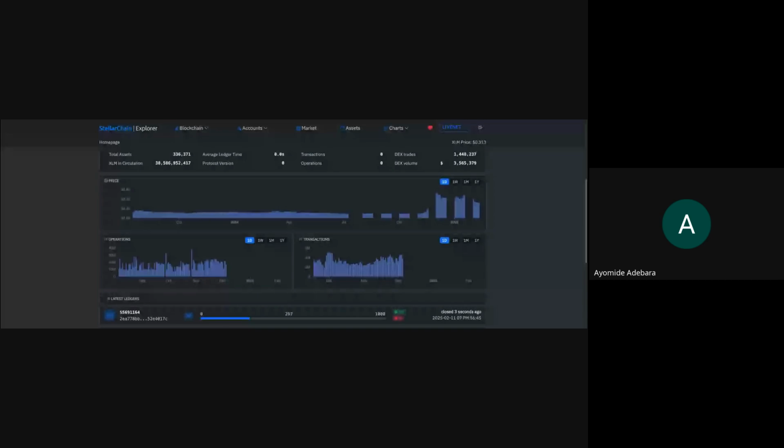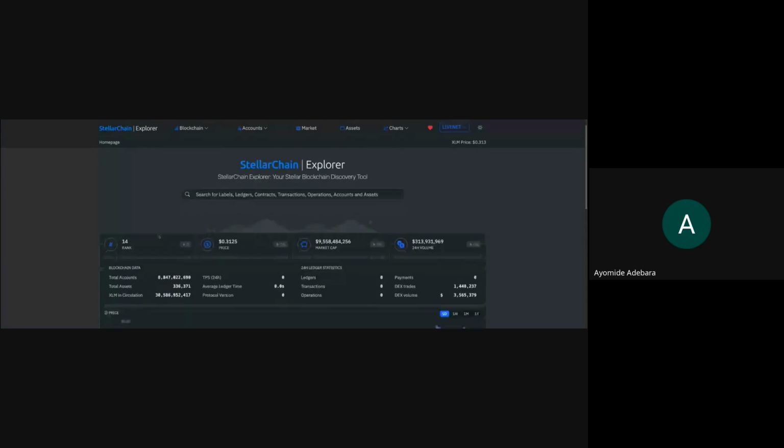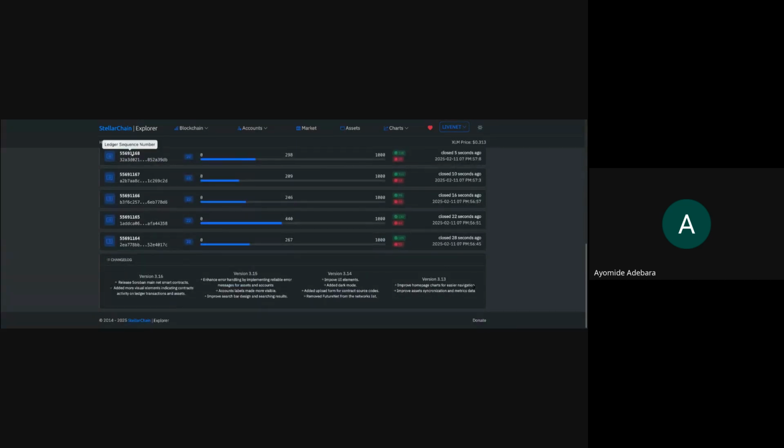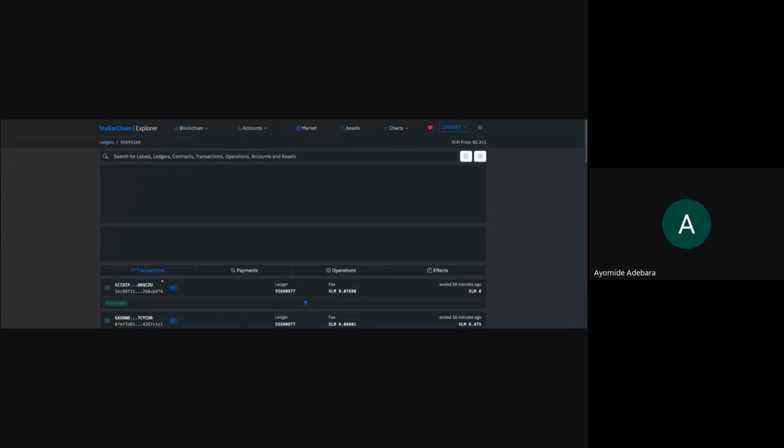So we are going to go to one source. It's beautiful when we have something like this that can give us access to the Stellar chain. None of us on this call is running the client, so the only way we can have access to the information is through this scan. So we are going to look at the ledger. This is the ledger sequence, and these are the transactions inside of this ledger.